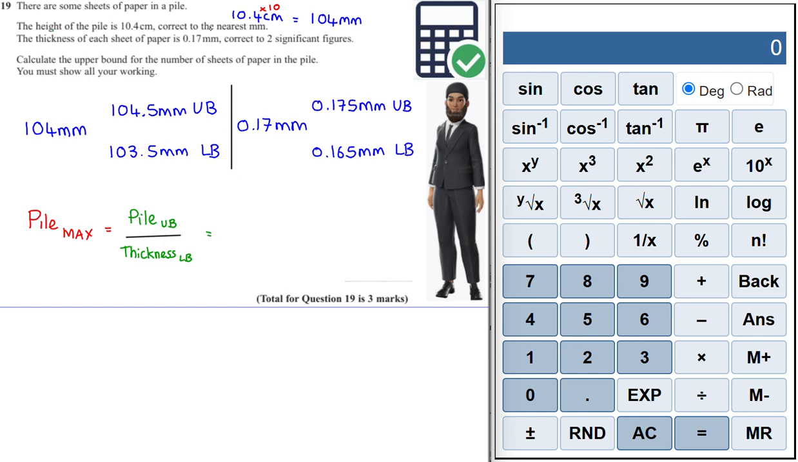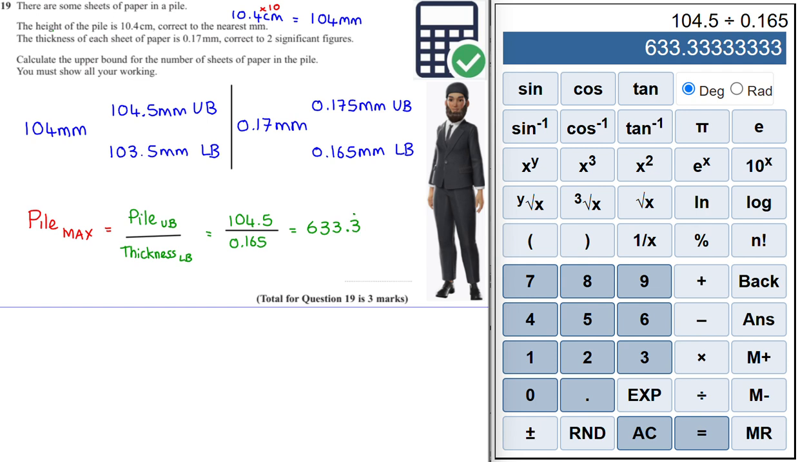So therefore we should get 104.5 divided by the lower bound, which is 0.165, and they're all in millimeters, which should give us 104.5 divided by 0.165, and this gives us an answer of 633.3,